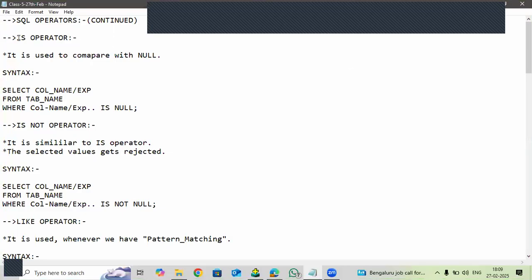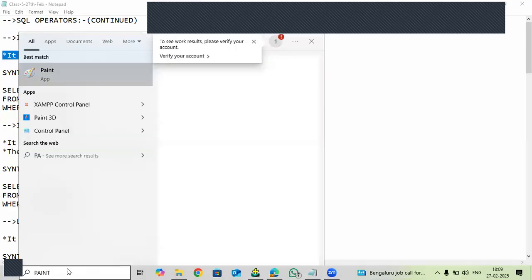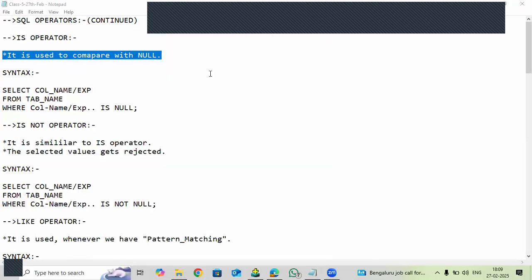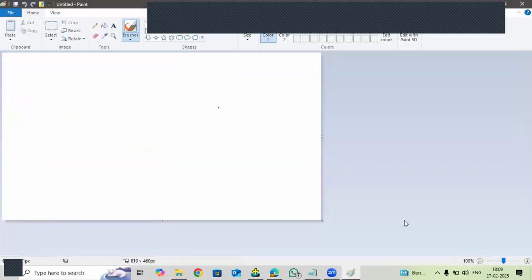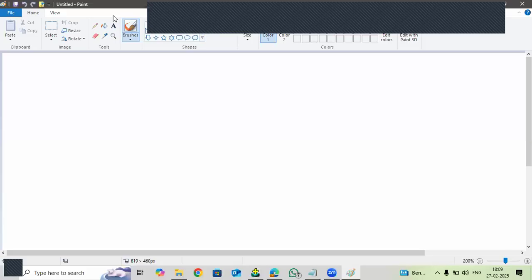So what we are left with is the IS operator. This one says it is used to compare with null. See, the IS operator is used to compare with null. For example,